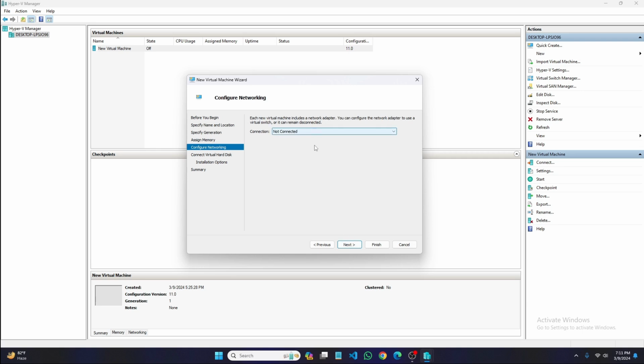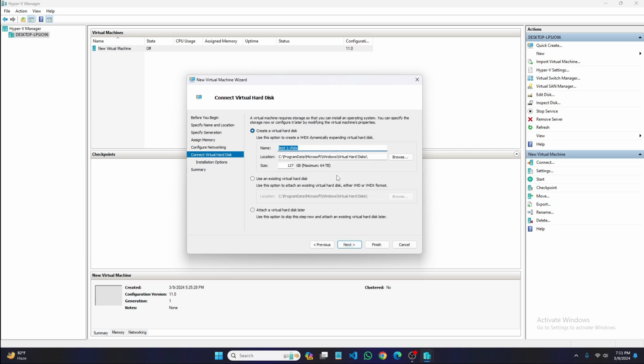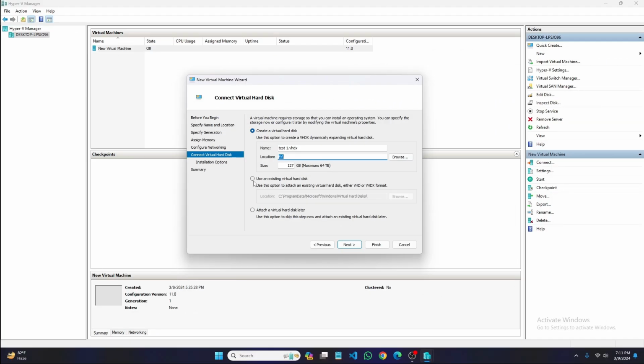keep it not connected. And you can choose the browse location, where your actual computer will be located, and you can put all the data over there. I already chose local disk E. And one more thing, if you have an external existing hard disk, then you can choose these options, or if you want to attach it later, then you can choose that. So although I'm gonna use my own hard drive of my computer, that's why I'm just choosing it, and go